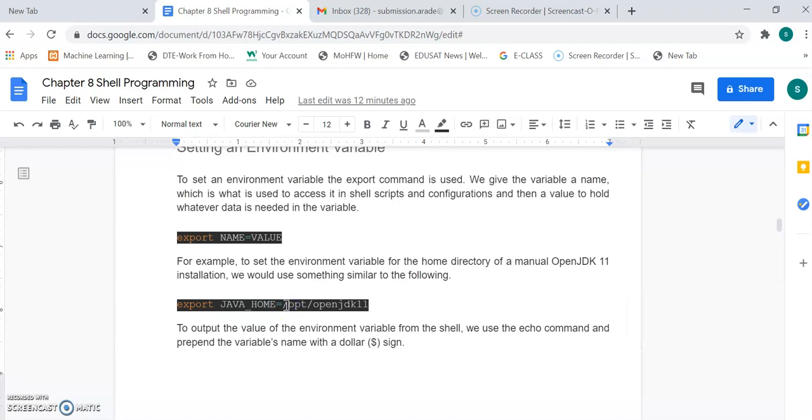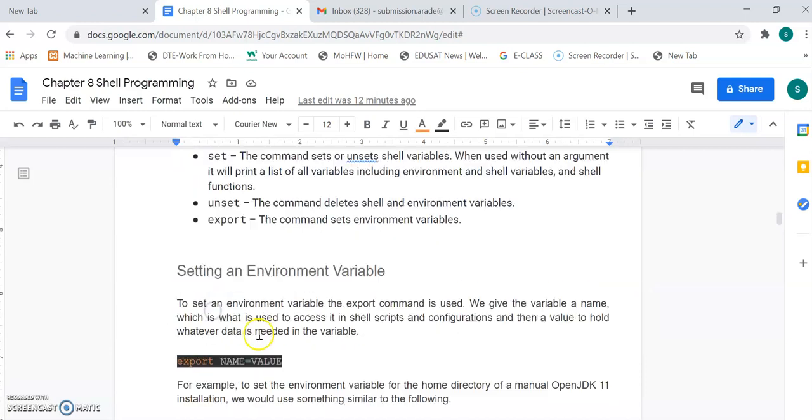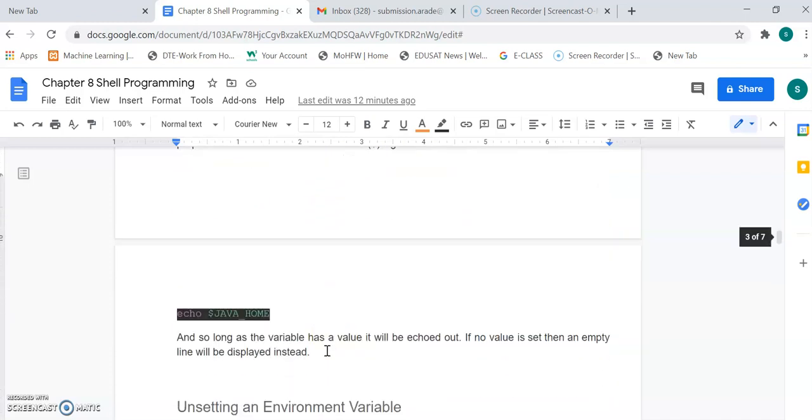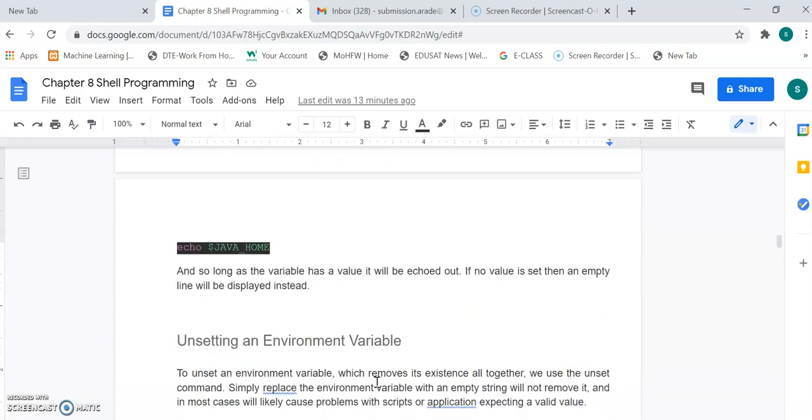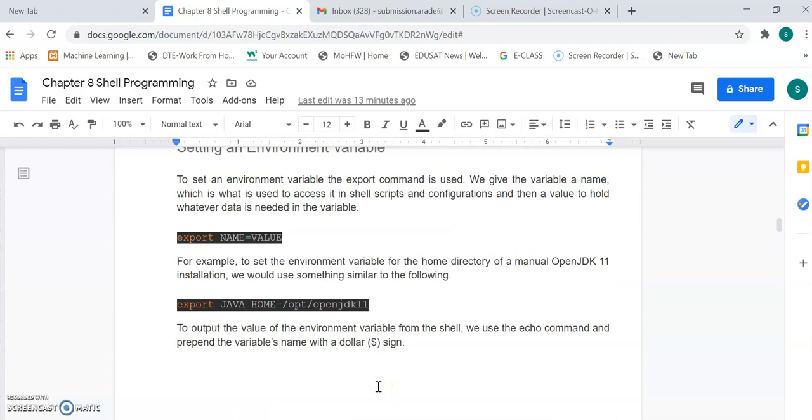So every time, there is no need to write this whole path. We just set this path to this variable and say export. So you have now set the environment variable. After that, suppose I want to see whether JAVA_HOME contains this path or not, then just type echo $JAVA_HOME. In this way you have set that particular environment variable. But after setting an environment variable on your command prompt or shell, it remains active only for that particular session. Once you close that shell, it will not be active.